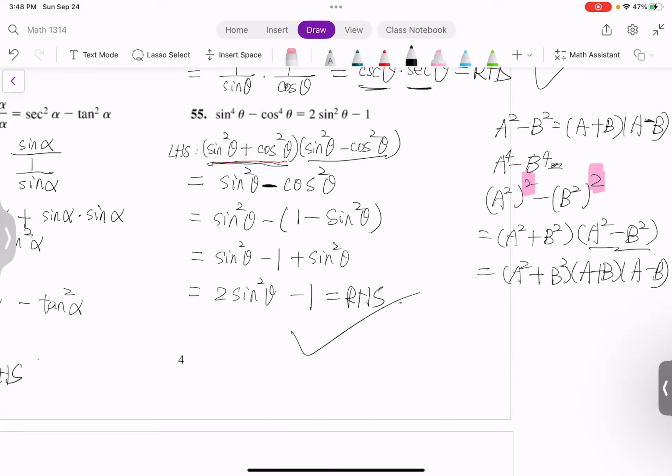I proved this identity. So remember that, do not give up. Maybe from this step, I got sine theta plus cosine theta times sine theta minus cosine theta, which is not very close to the right-hand side. Maybe you go back to your previous step and see if the previous step is easier, and I can convert that one to my right-hand side. So use your pencil. You can erase your